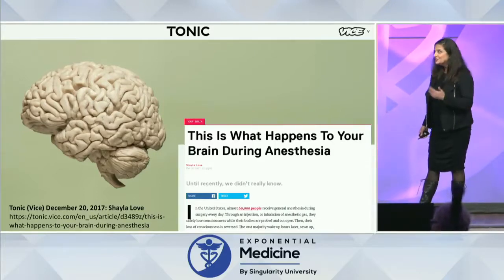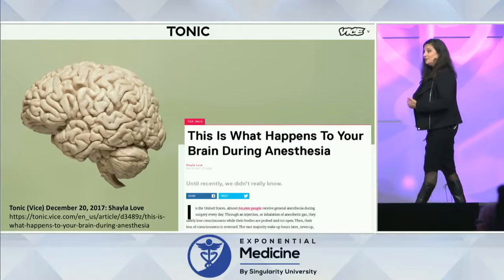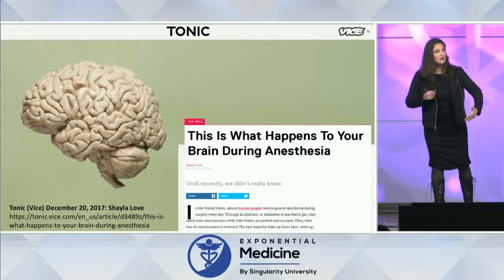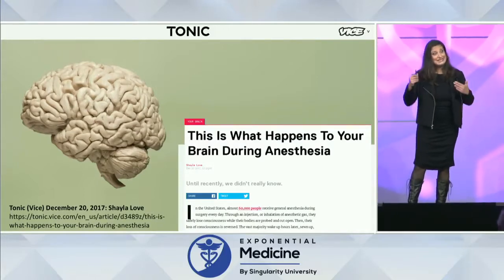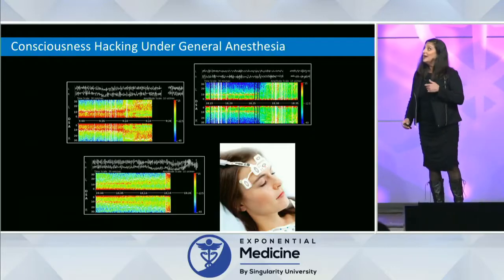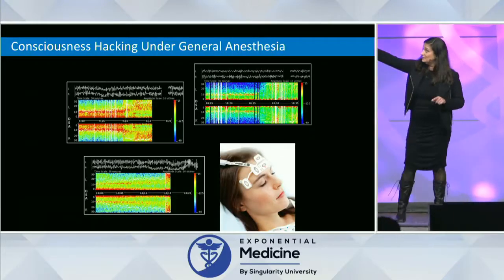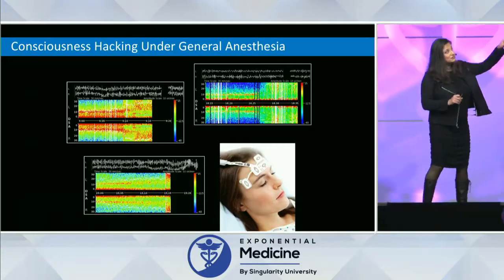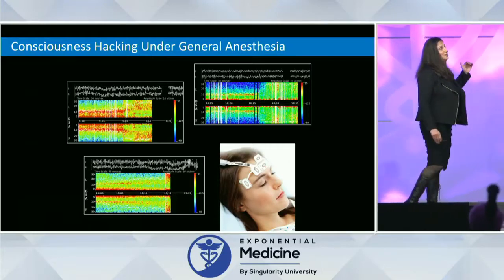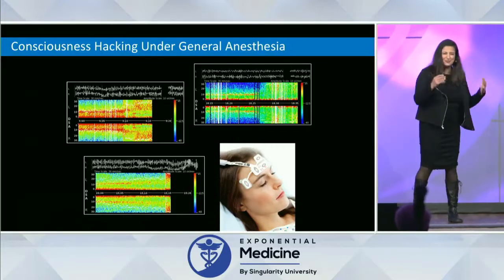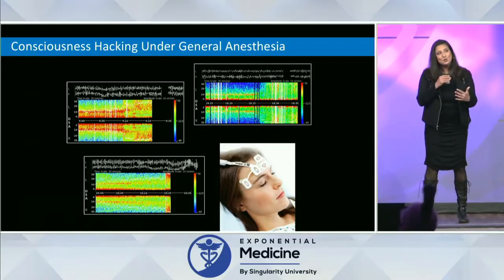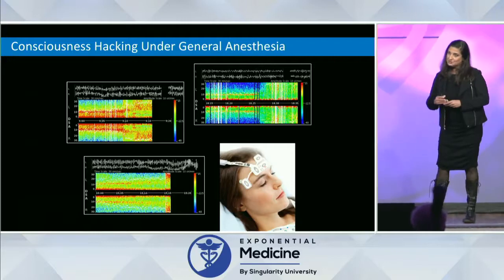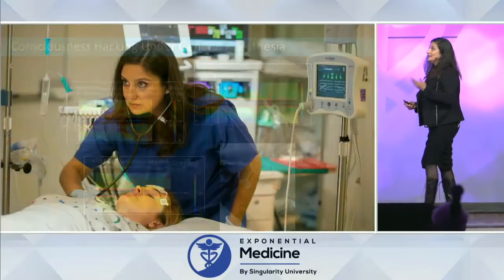So what I actually do is I go into the operating room and I record brainwaves from all of my patients as I take them through an anesthetic. And in fact, that's what it would look like. You can see a model patient with an electrode array on her forehead. And we're able to sort of hack this process of understanding what neural networks look like as we transition from the conscious and aware state into unconsciousness.